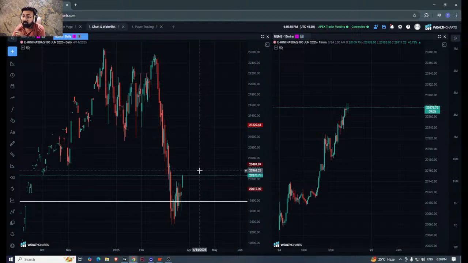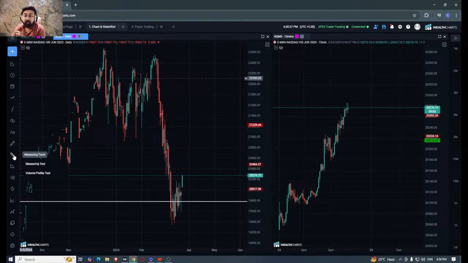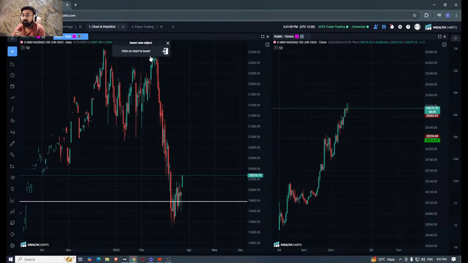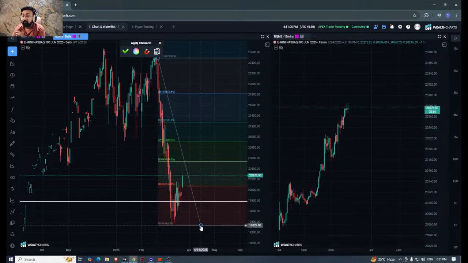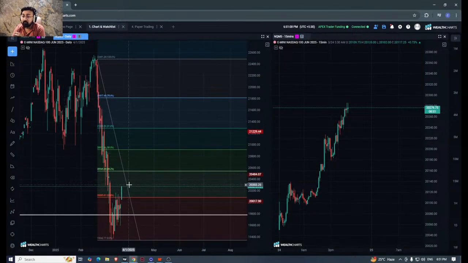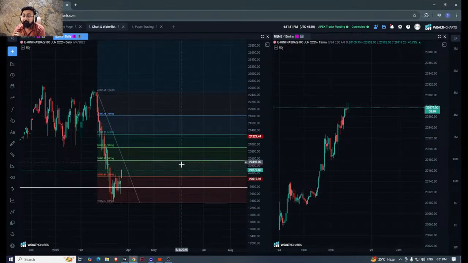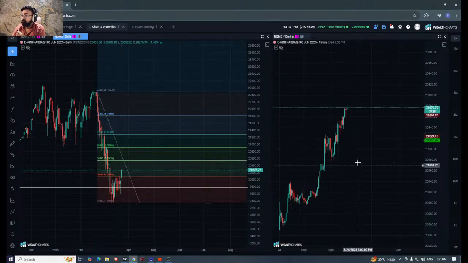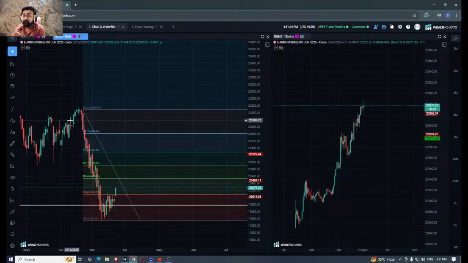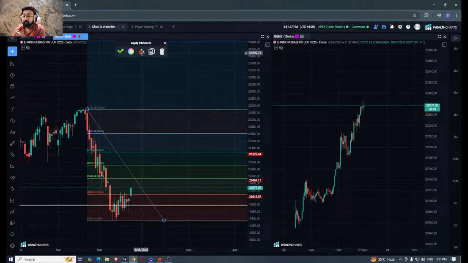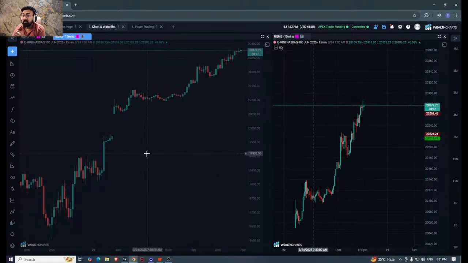Recovery 38.2 is somewhere here, which I'll show you again because my drawing went somewhere, did not want to come up. I'll drag this here till here. All right, this is our 38.2 level। तो इसको अपन इधर ही रखेंगे। दिक्कत क्या है कि अगर इसे 15 मिनट पे ले जाता हूँ तो ये गायब हो जाता है।